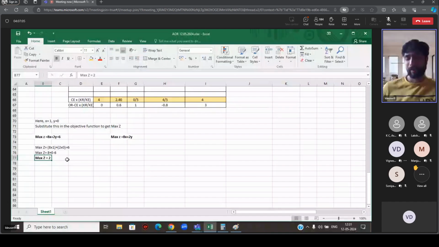Okay, right? So in today's class, you had given me a problem and we have solved it. And the final solution for that, Z max, is 2. That is the answer. Now, typically, if you have to solve this problem, you will take roughly 15 to 20 minutes. If you practice properly, 15 to 20 minutes you will take to solve this problem in the examination. So in maybe 45 minutes or so, you can clear